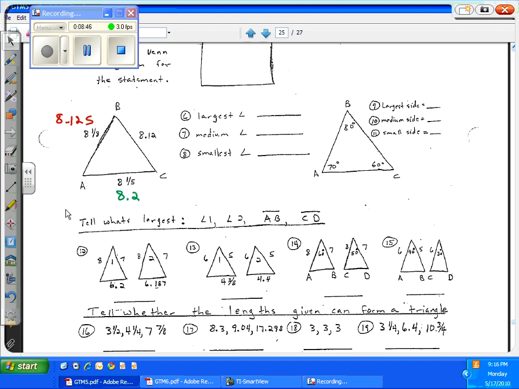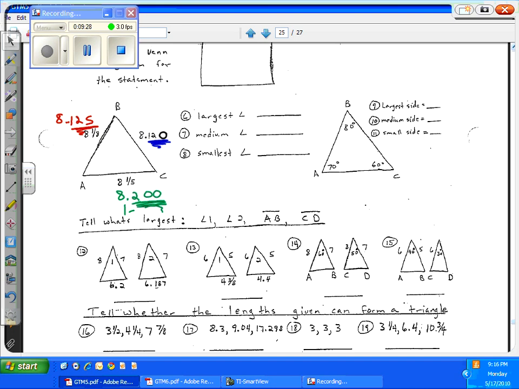Now, if we wanted to compare, then we would add enough zeros to make them all have the same number of decimal places. So that's 1 2 0, and this would be 2 0 0. And so we have 8 and 200 thousandths. It's in the third place over, the thousandths place, as compared to 120 thousandths, as compared to